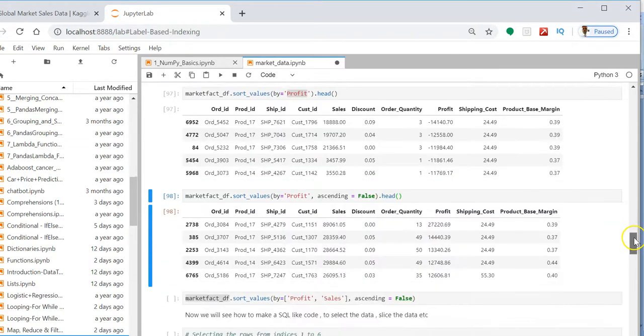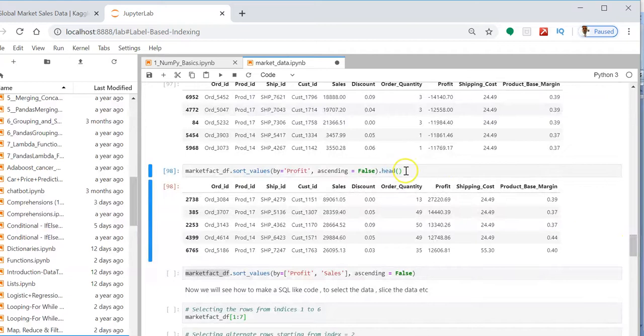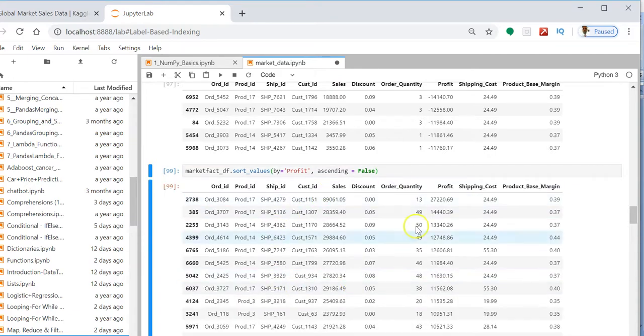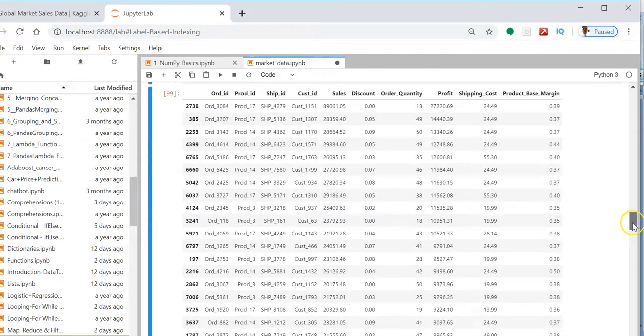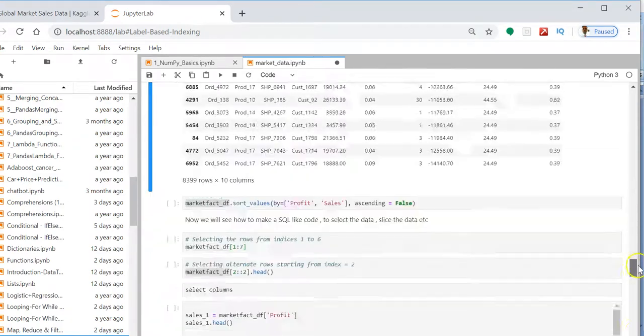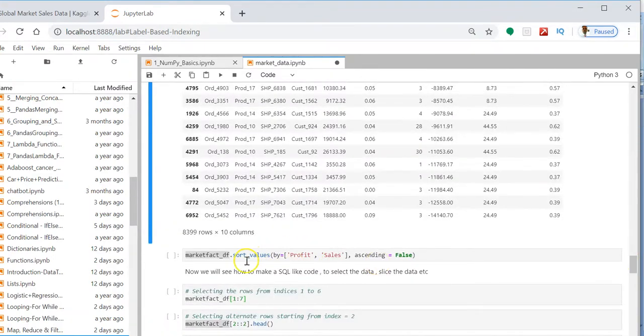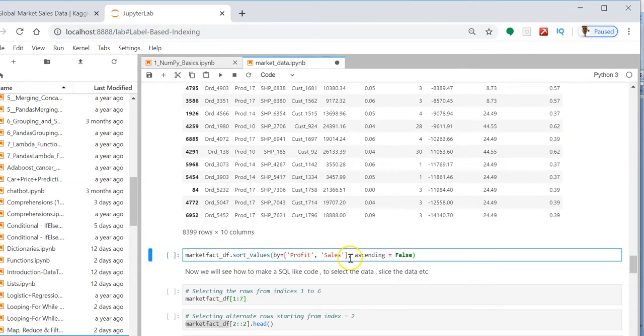In all our outputs I am using the head function so that I can query only a few rows, but if you want to query the entire data, you just remove it, and it will query all the data. If you want to sort by two columns, profit and sales, in descending order, you can make use of this.